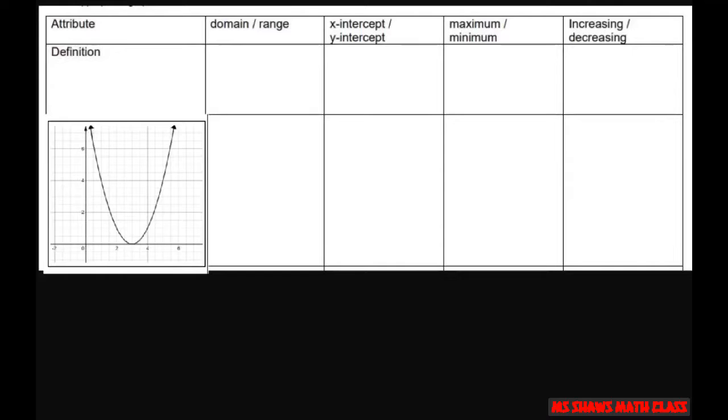Okay? We only have a minimum point. We're talking about points. We only have a minimum point, and that occurs at (3, 0). Now increasing, decreasing. At this point, this is your minimum right here. Let's do increasing. It's increasing from 3 to infinity. The reason you can't say it equals 3 is because at 3, that's a point. It's not increasing or decreasing. In fact, that's a minimum. So it's increasing from 3 to infinity,